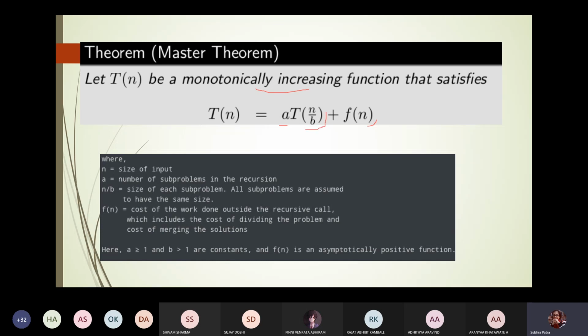So here this part is the recursive part, and this part is what you do when you are working on a recursive problem. Given a particular bigger problem, if it could be divided into smaller sub problems, then you can apply the recursive functions, right? So in that case, this part is the recursive part, and this part is the division of the problems and merging of the solutions.